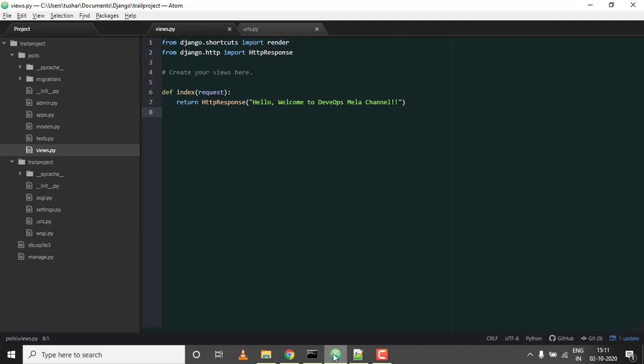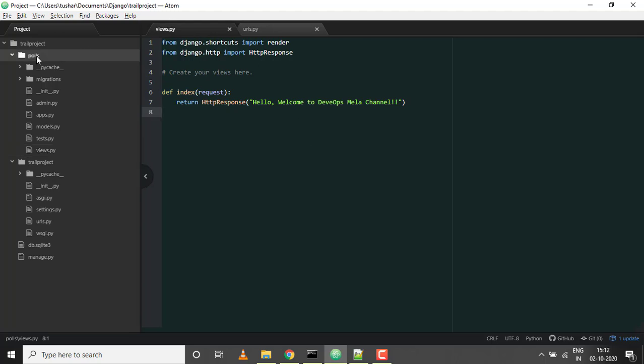In my previous lecture, we created a web application named poll, and this is the web page which we launched in our last project. Moving forward, what we did last time was a very simple web page. As I said earlier, we will create a separate templates folder and keep the HTTP response separate. We'll have HTML templates created inside it, and using those templates we'll fetch the pages.